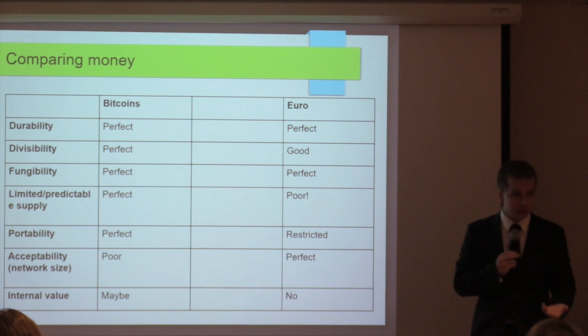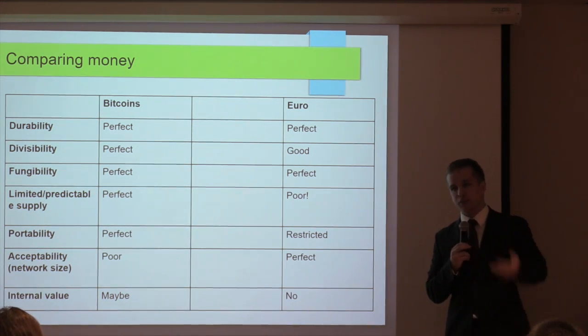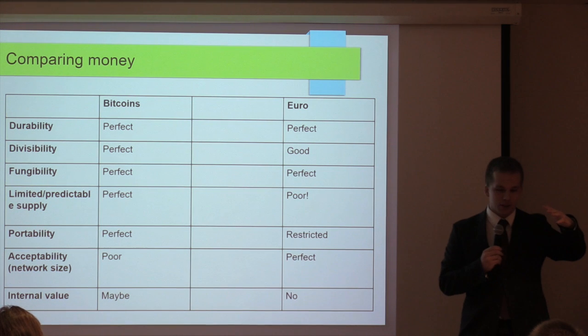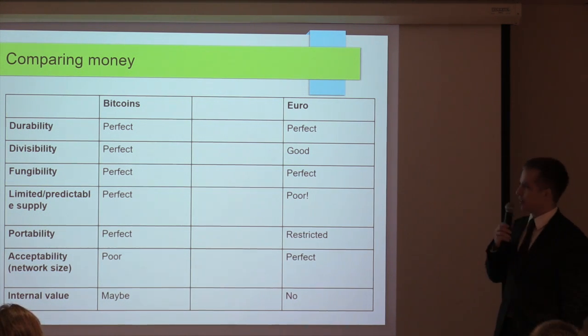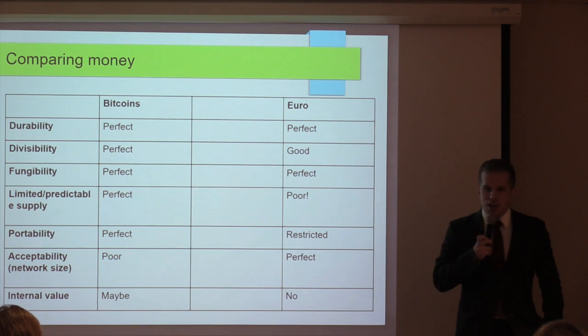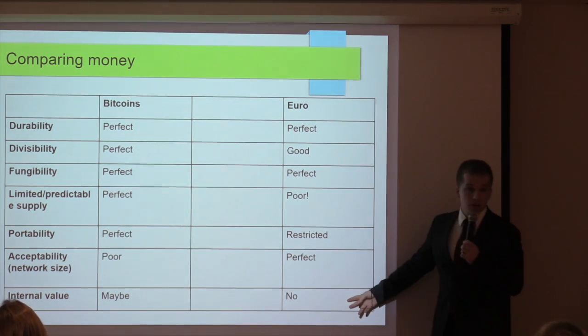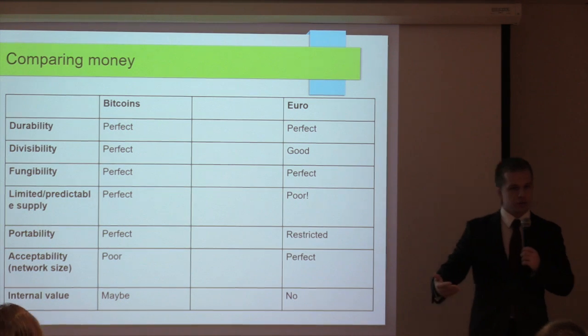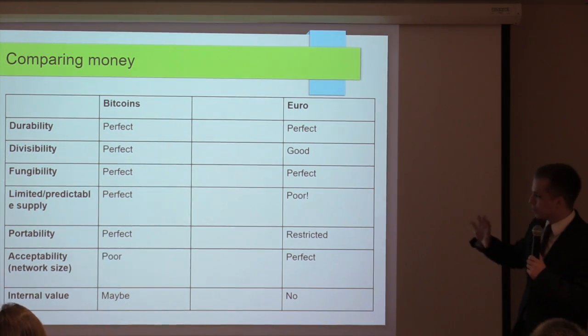A euro doesn't really have an alternative use to being used as money, except if you get a lot of papers, a lot of notes, and you start heating with them. That sounds expensive. So the euro, I'm saying, does not have an internal value, does not have an alternative use to being used as money. But Bitcoin,